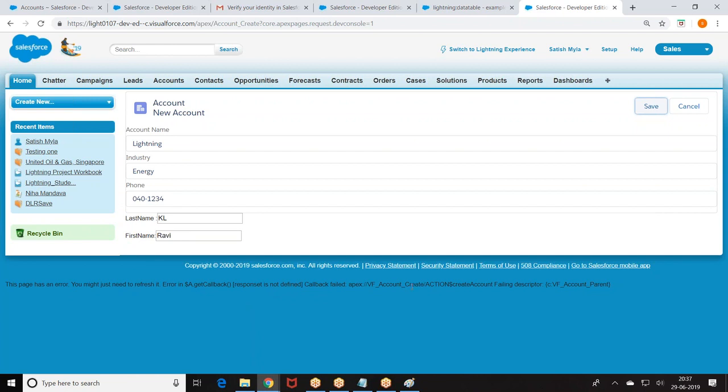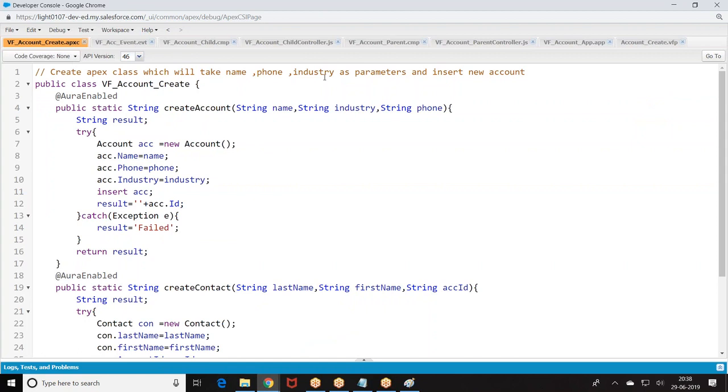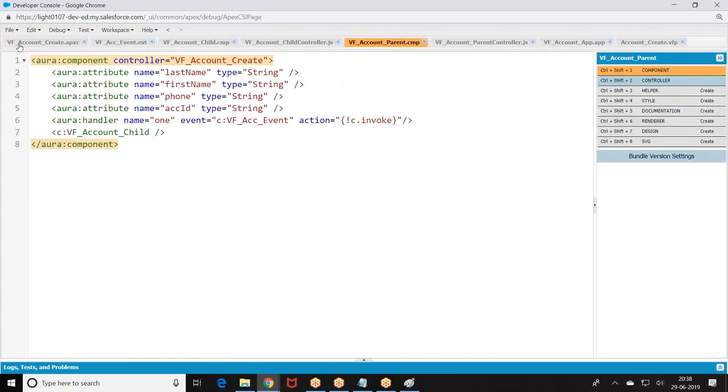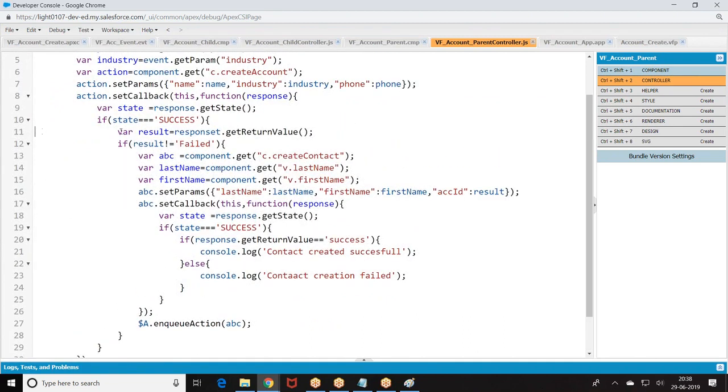Callback failed. VF account. Okay, let me go back here. So in the account parent controller, the response is not spelled properly after callback. Somewhere number 11. Yeah. Response. Okay.